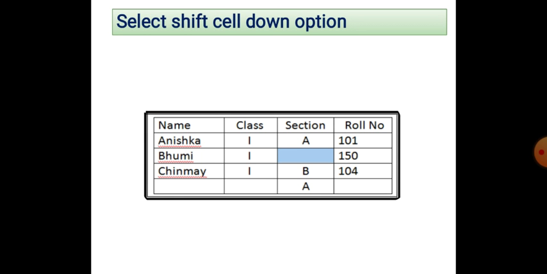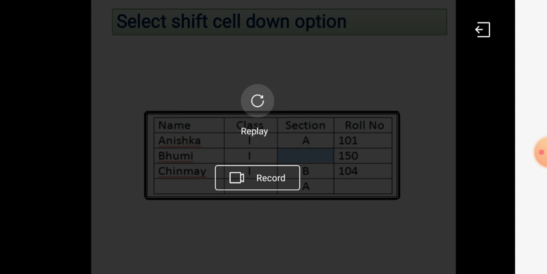Please carefully see, in this picture you will find that to insert the cell, the remaining cells were shifted down and we have got the new cell at that place. So this way we will insert a cell in our table. Our topic is over. Thank you.